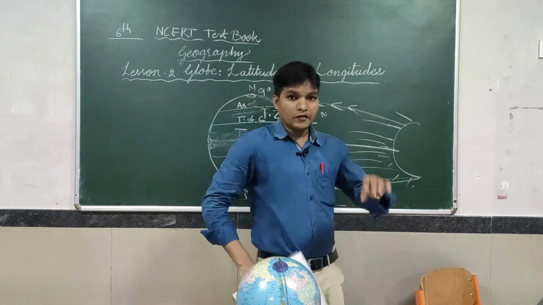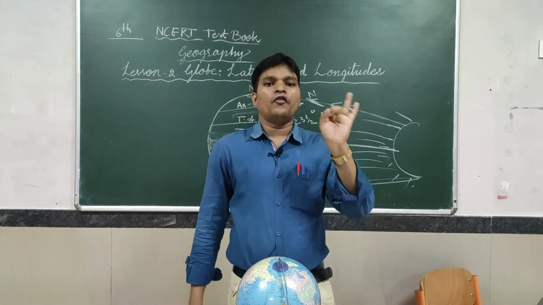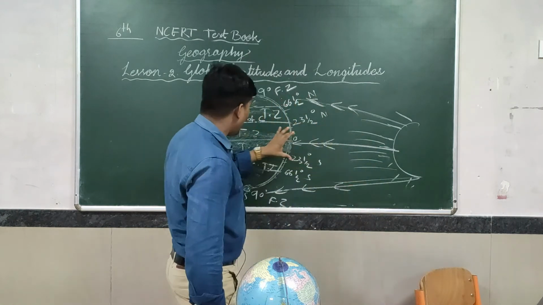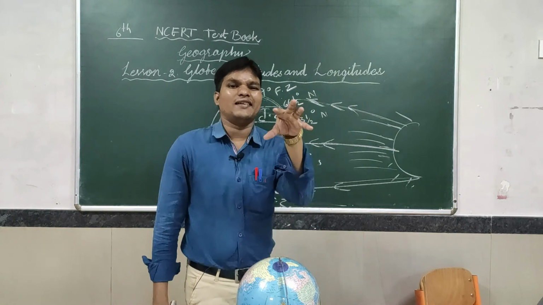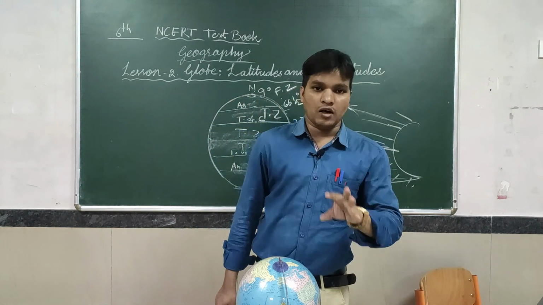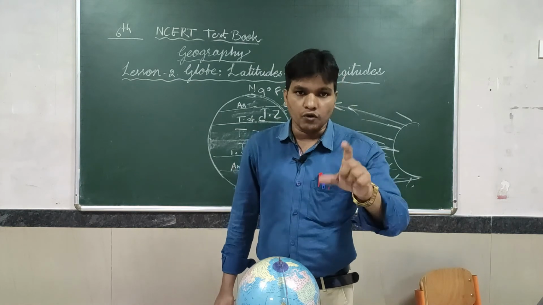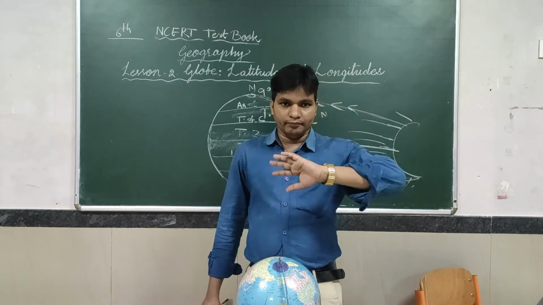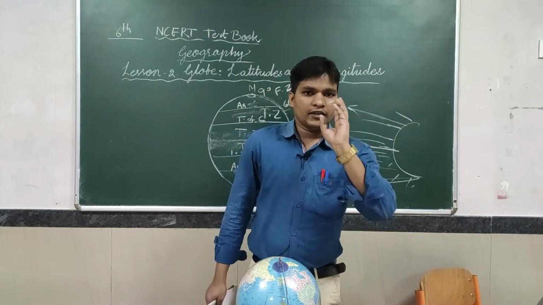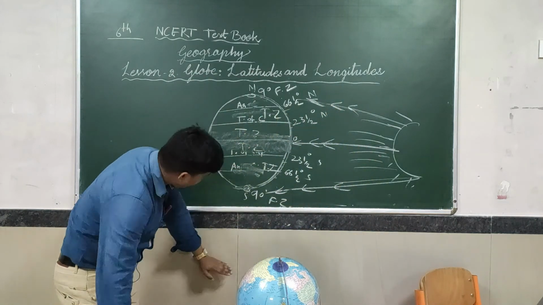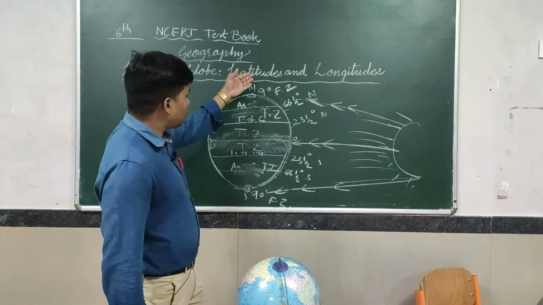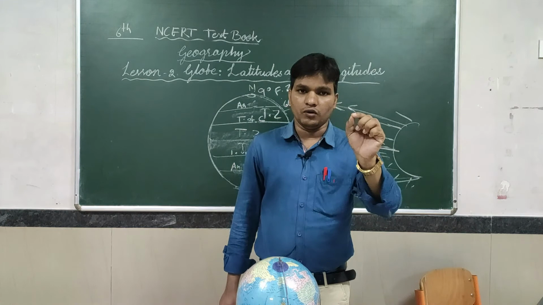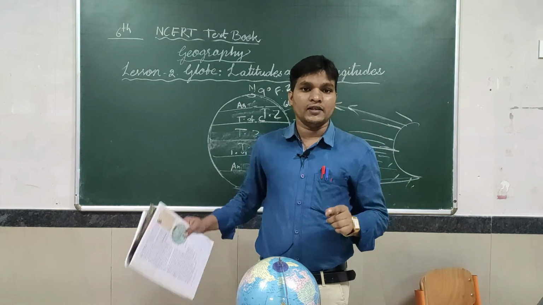How many zones did you get? Torrid zone, temperate zone and freeze zone. The middle part of the earth, which is the equator, the places near the equator, come under the torrid zone, while the Tropic of Cancer and Tropic of Capricorn areas on both sides come under the temperate zone, and the Arctic Circle with the North Pole and the Antarctic Circle with the South Pole come under the freeze zone. So keep this in mind properly so that you can give the proper answer.